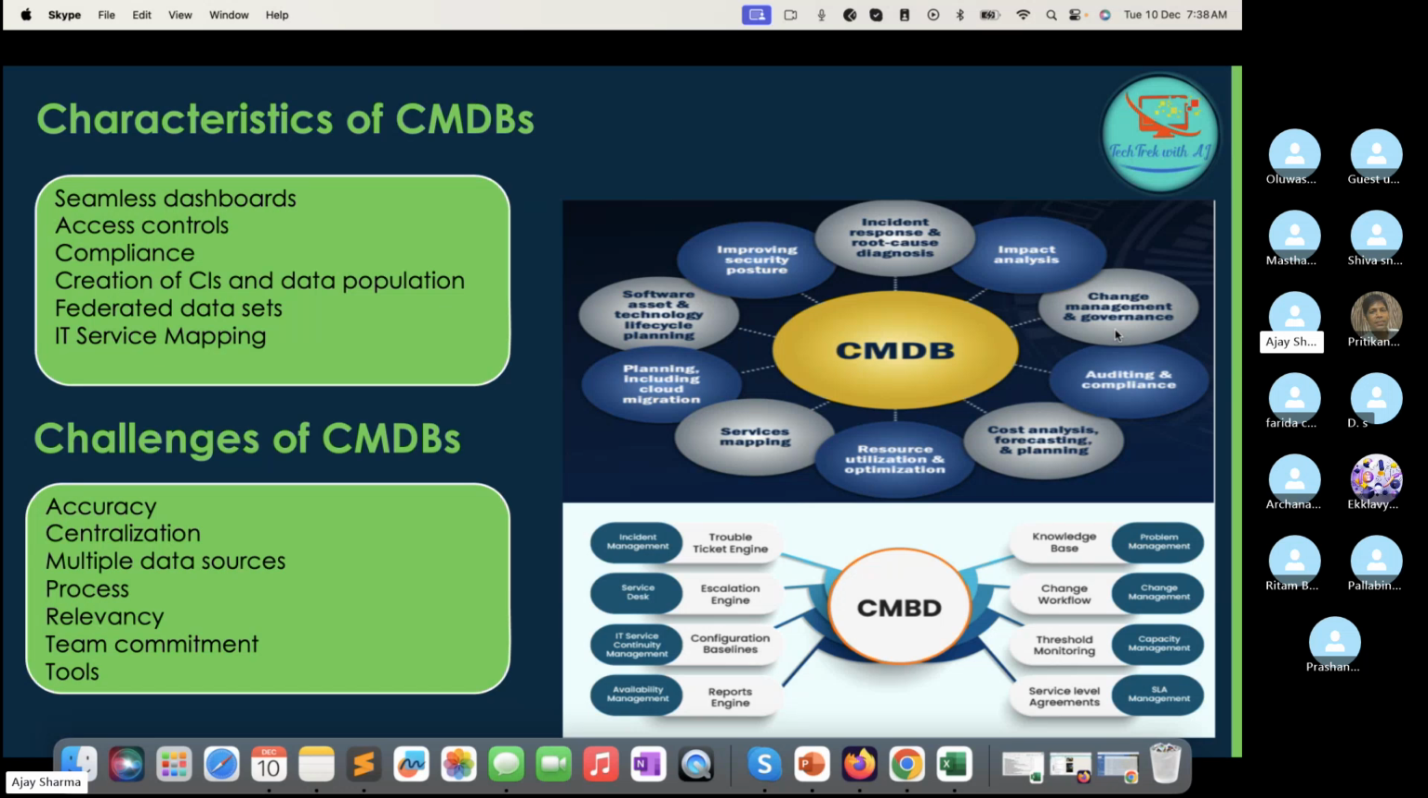So we have multiple data sources that we have to integrate to populate the data in CMDB, and we need to understand what the source of truth is if the same data is going to be discovered by two different data sources. So we have to understand what attributes we have to update for that particular CI. Then process is again an issue or challenge multiple times, where we have to design a process to make